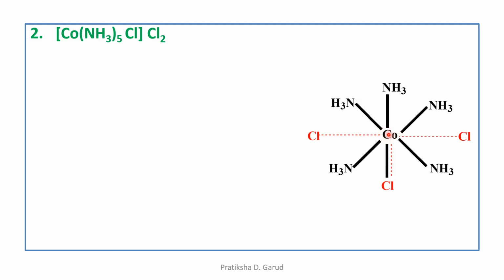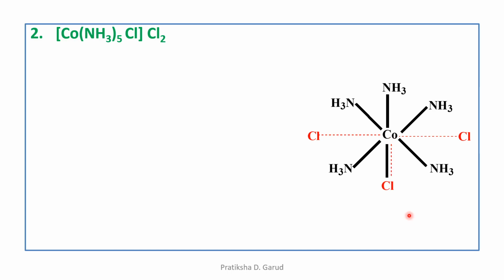At the center we are having the cobalt. Then it is attached to the 5 ammonia molecules. They are satisfying the secondary valency. Whereas the 2 Cls are shown by the dotted lines. They are satisfying the primary valency. Now here there is 1 Cl. This 1 Cl is bonded to the cobalt by a dotted line as well as the thick line. That means it is having dual behavior of primary as well as secondary valency.